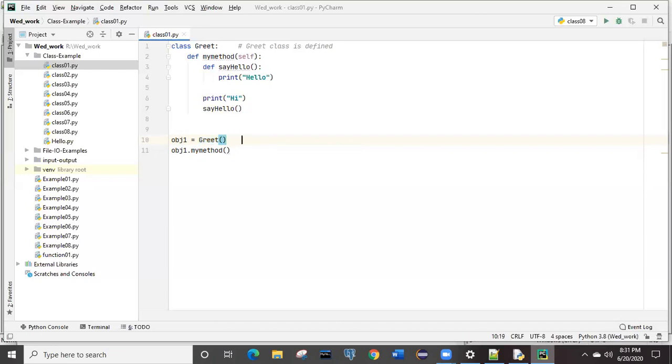So let me put a comment over here also: creating obj1 as object of class greet. I hope the comment is clear to you, right?